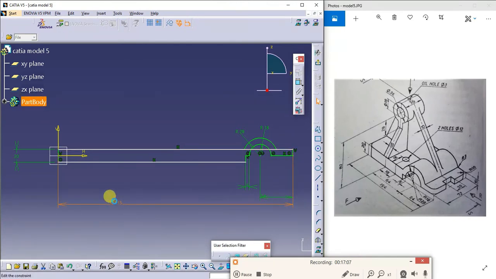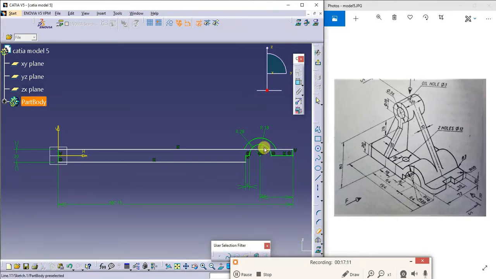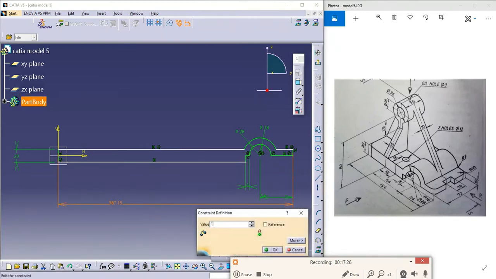Now I'll try to change the dimension of this. I'll trim the extra portion here.